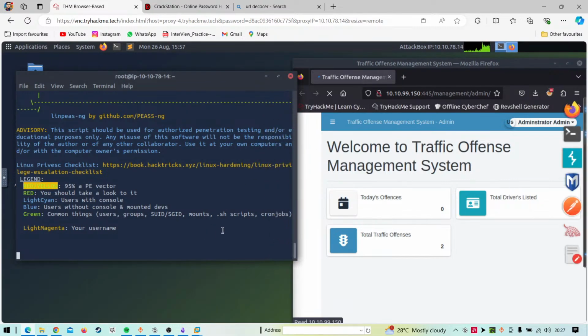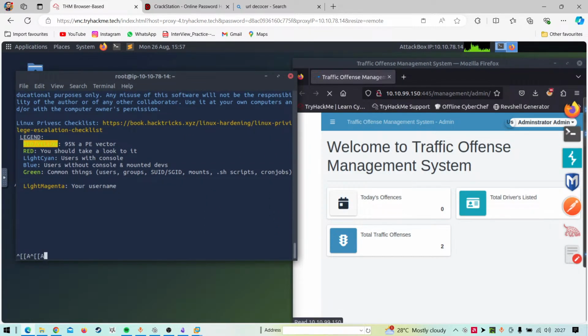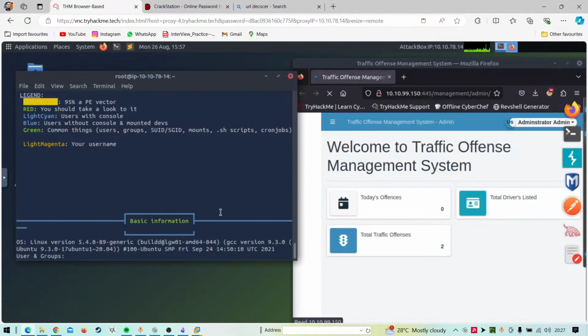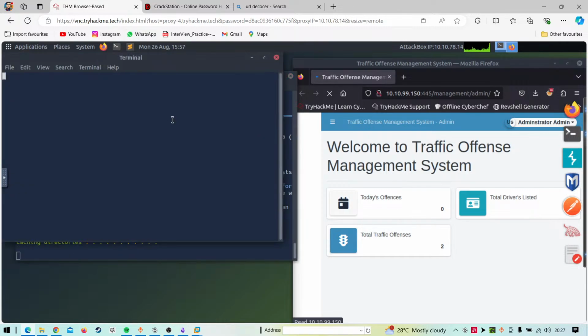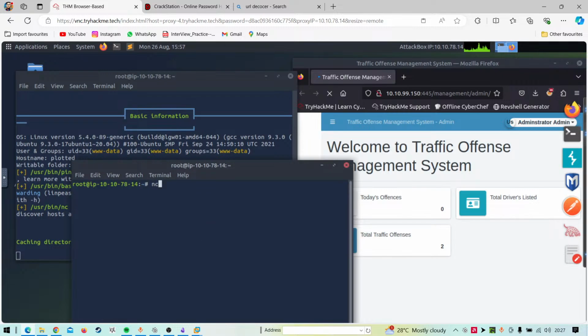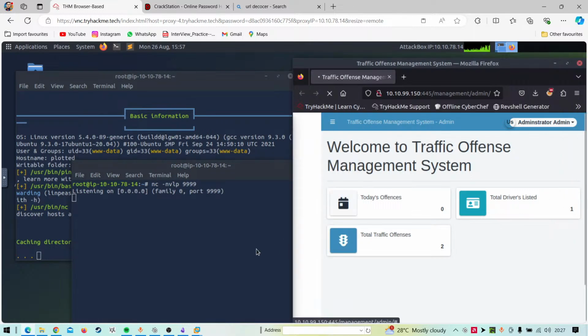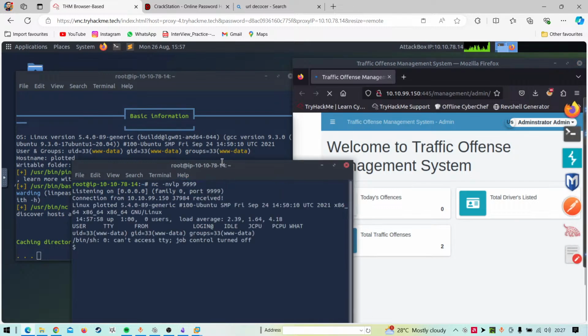That's taking a really long time, I can see. Okay, so it's trying some host discoveries. I wonder why I didn't get the shell on my local system. That could be because of a VPN issue I had. So let's try to get one more shell just to save stuff, right? I had only one hour, but I don't know how much I have now. So if I just refresh the page, yeah, there you go.